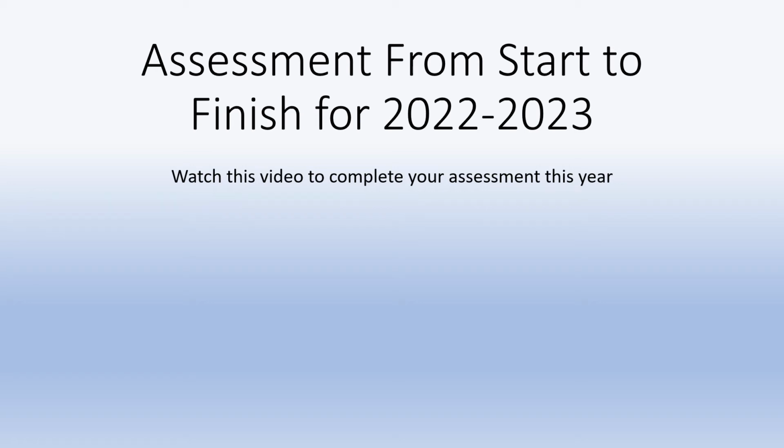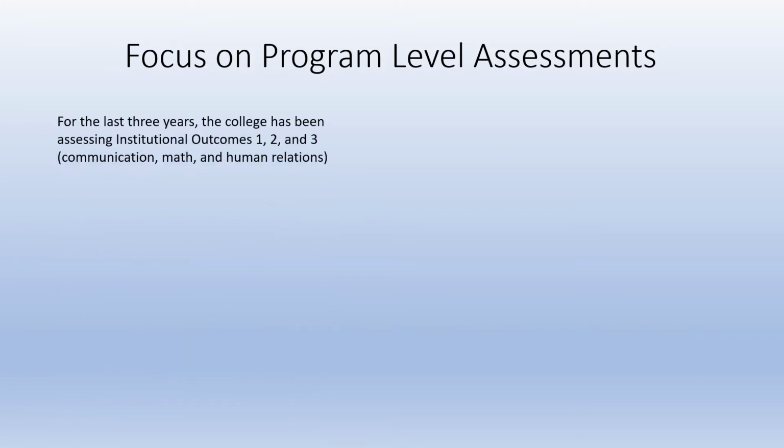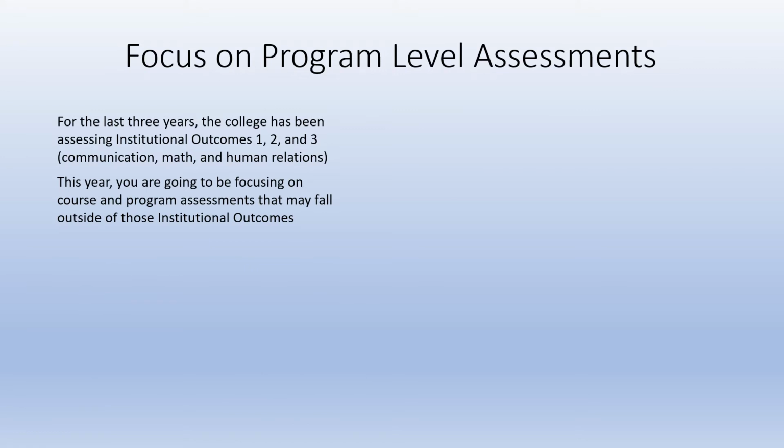This video is intended to walk you through the steps you need to complete to finish your assessment for the 2022-2023 school year. The first thing to note is that this year we're focusing on program level assessments, which just basically means that for the last 3 years the college has been assessing institutional outcomes 1, 2, and 3. But this year you're going to be focusing on course and program assessments that may and probably will fall outside